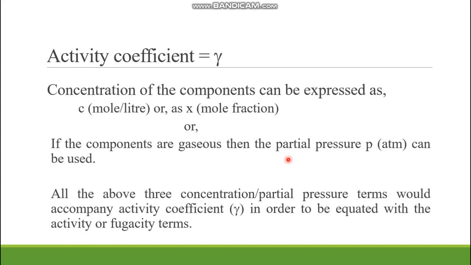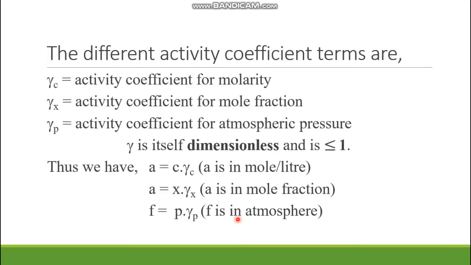Okay, but you have to involve the term activity coefficient also, otherwise you cannot do that. So all the above three concentration or partial pressure terms would accompany activity coefficient gamma in order to be equated with the activity or fugacity terms. How? Look,